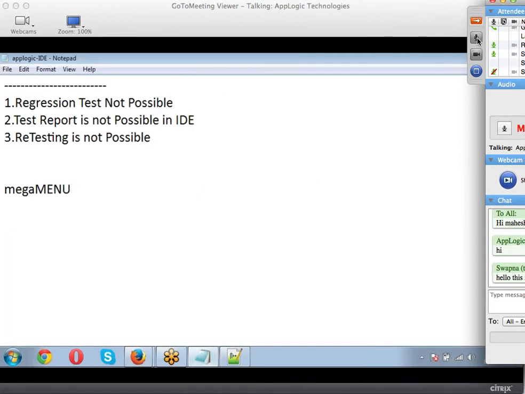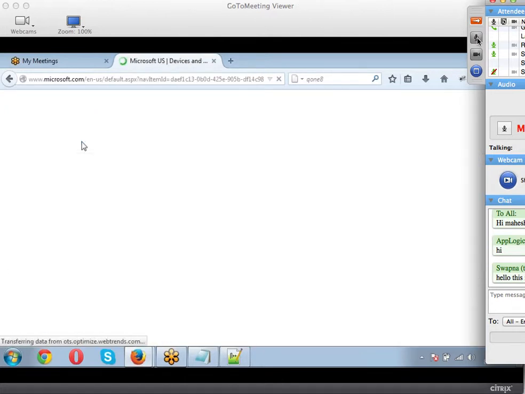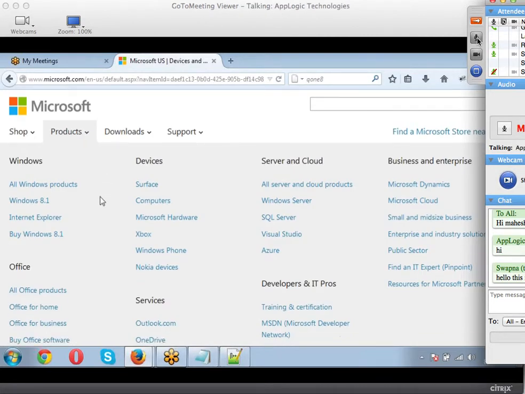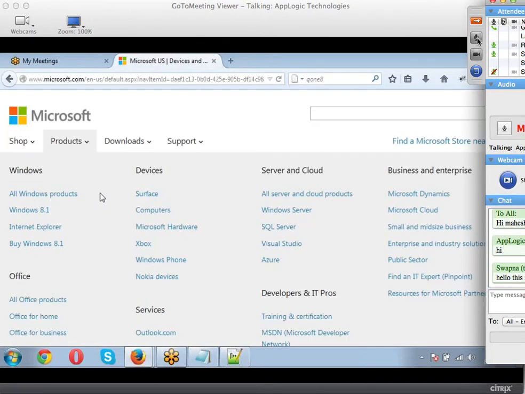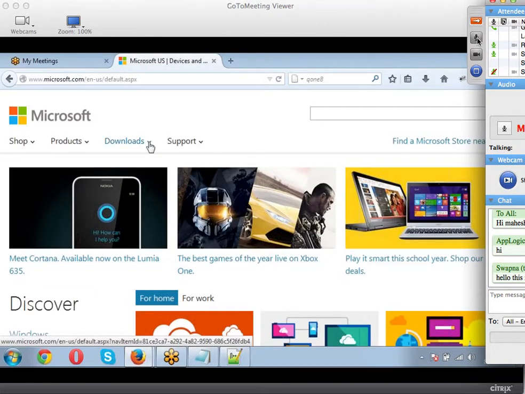This is what a mega menu is. I place my mouse pointer here. Every link will be displayed inside this menu only. See that? There is a huge list of links on the page, hidden inside one click. If I want downloads, I click on download, and it will show me the list here. Looking at everyone?